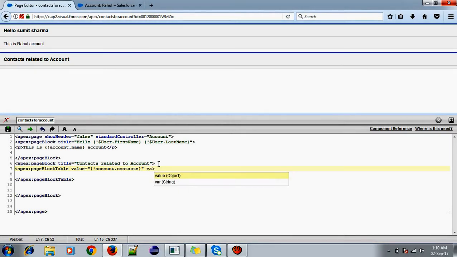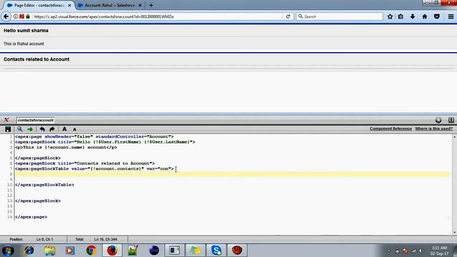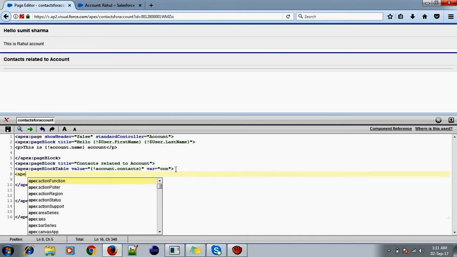and var will be con. Why are we taking account.contacts? Using this we are trying to fetch contacts. Contact is a child of account, so if we want to access the contact values, we have to give account.contacts, and we access each record using this var.